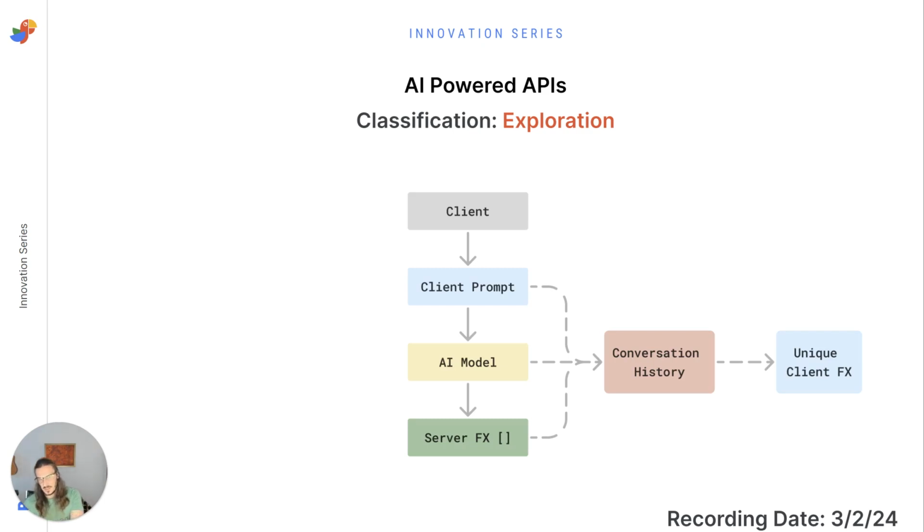So generally this pattern would look something like this, where you're developing a client application. And this can be a traditional looking, feeling client application. It doesn't have to be AI enabled or powered or anything. And the major difference is that unlike traditionally where you have to go find the right API endpoints, understand their structures, understand the data models, here you basically just prompt an AI API to go do the work for you. And there's an AI model behind it that goes and orchestrates and uses the right APIs, or in my case, in my demo today, server functions to accomplish your use case and give you the result you